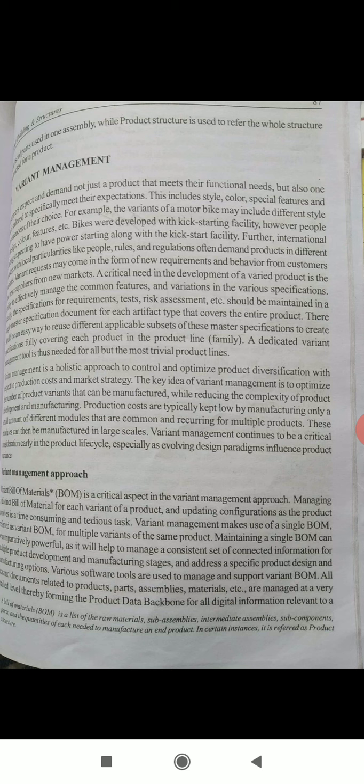Bikes were developed with kick-starting facility. However, people started expecting to have power starting along with the kickstart facility. Further, international markets with local particularities like people, rules, and regulations often demand products in different variants. Variant requests may come in the form of new requirements and behavior from customers and new suppliers from new